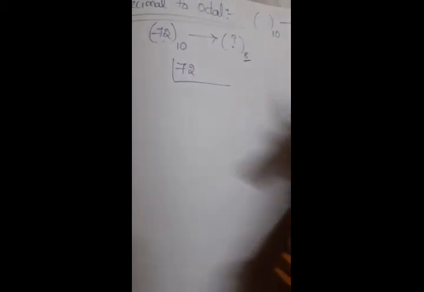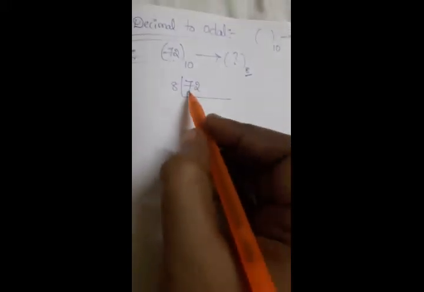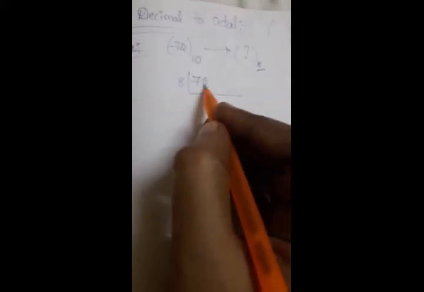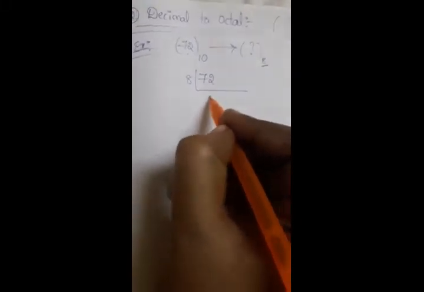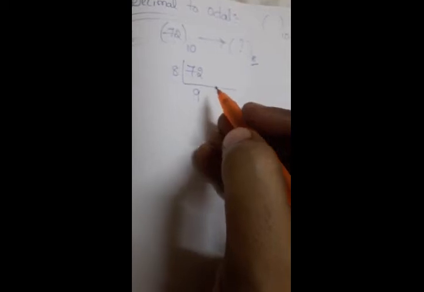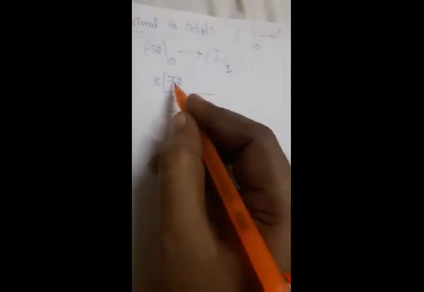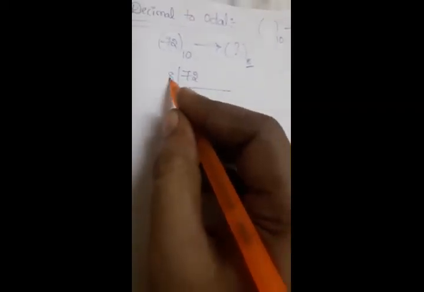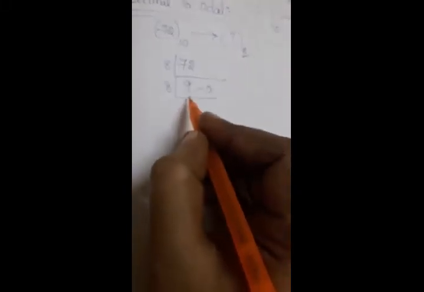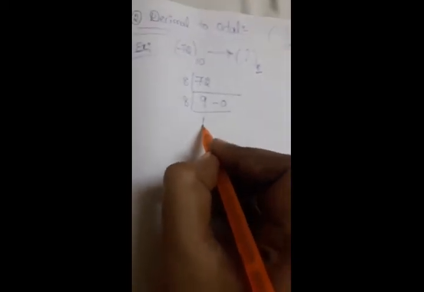Okay, so that is nothing but here our number as 72. So what is the base of octal? That is 8, no? So 72 is divisible with 8. Okay, you already know the tables, right? So 8 nines are 72. So that means 72 is completely divisible with 8. So then the remainder will be 0. Again 9 will be divisible with 8. It is possible, right? So 8 ones are 8. So again we'll get the remainder as 1.